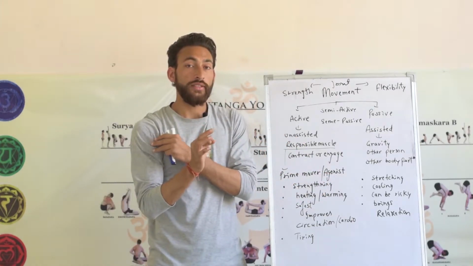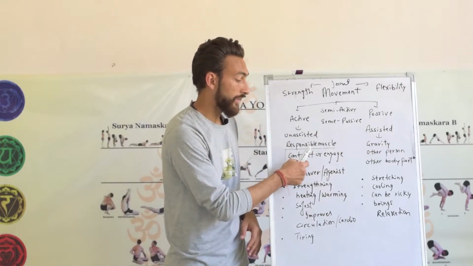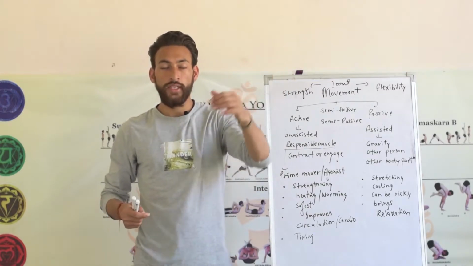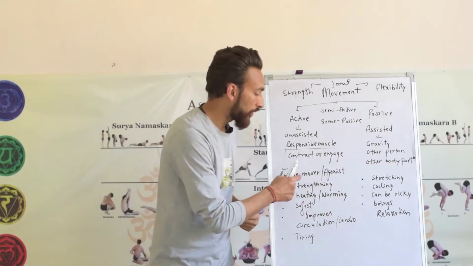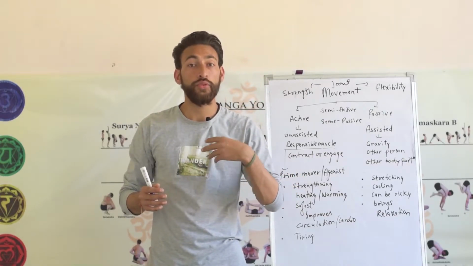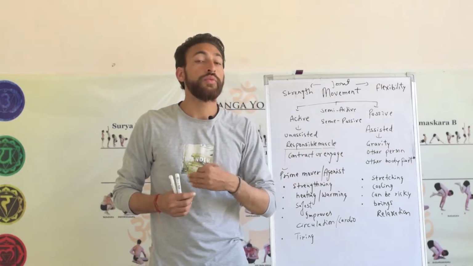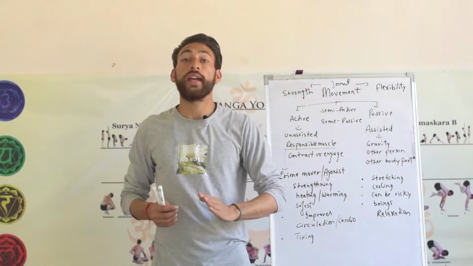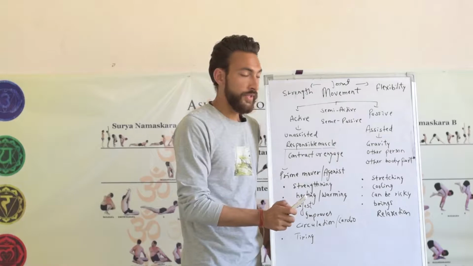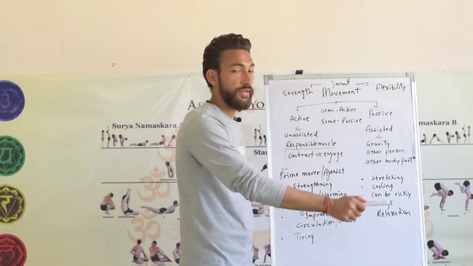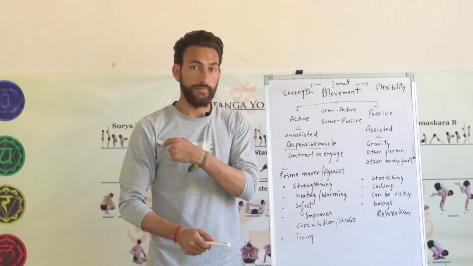So what is an agonist muscle? An agonist muscle is the responsible muscle which contracts or engages when you move. We can also say it this way: the prime mover is the muscle which will create the most force when you are moving in any direction. But make sure the movement you are performing is not being held by anything. Anything means it is not being held by gravity, it is not being held by another person, neither is it being held by another body part.